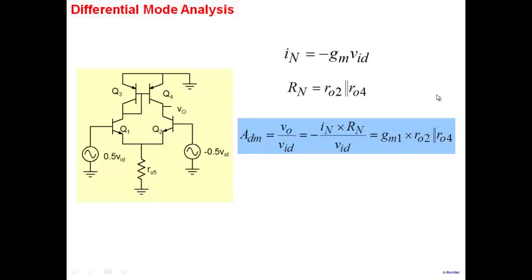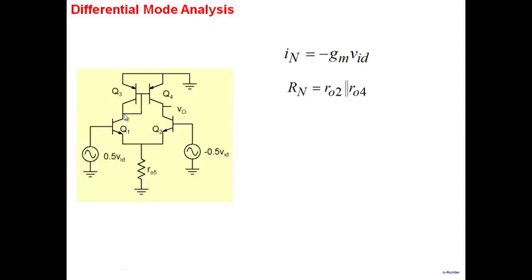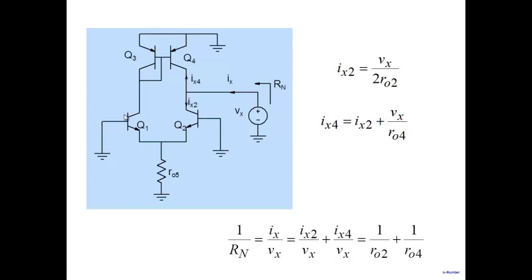Alright, so that's the differential mode gain here. Note that because R02 and R04 are large quantities, we'll end up getting a very large differential mode gain. If you want to know the gain at this particular point, then go back and see that we have already calculated